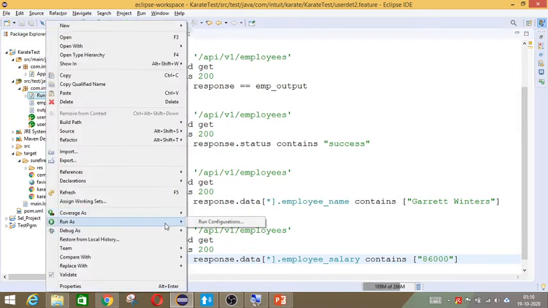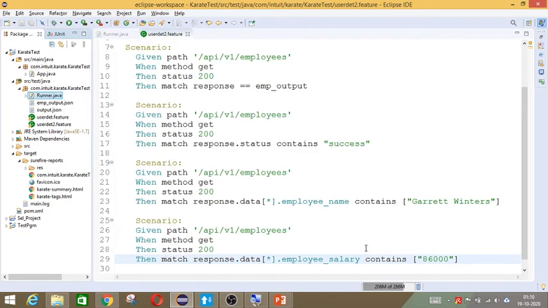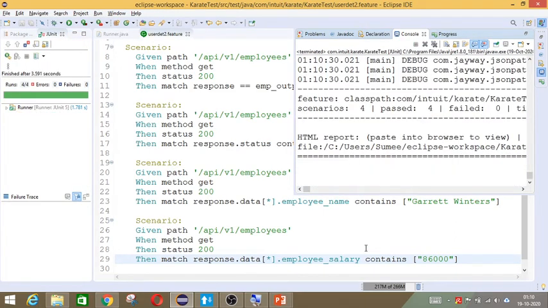Now you give run as. So it got executed, right? So this is how you will be checking all the array values inside the JSON.